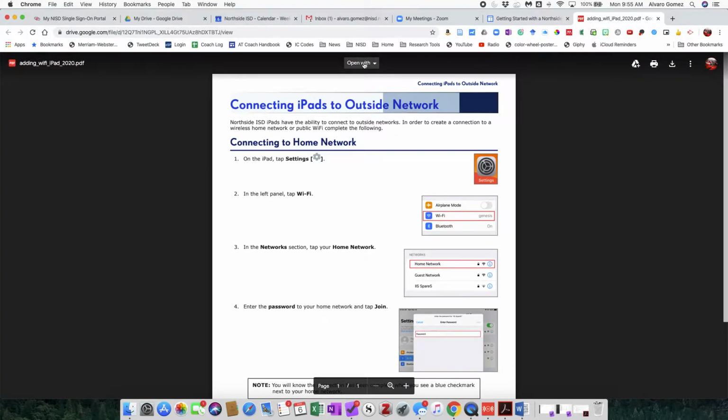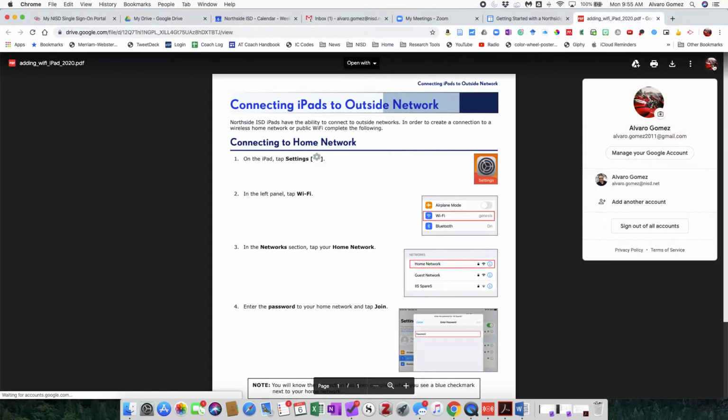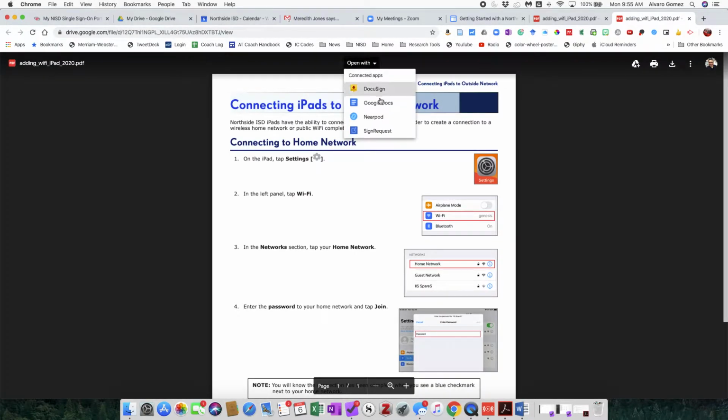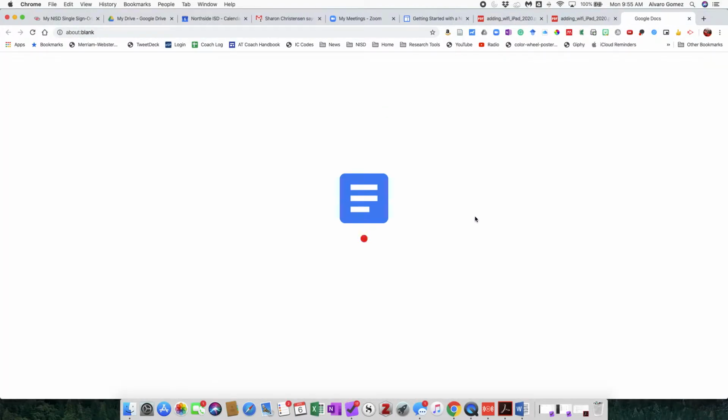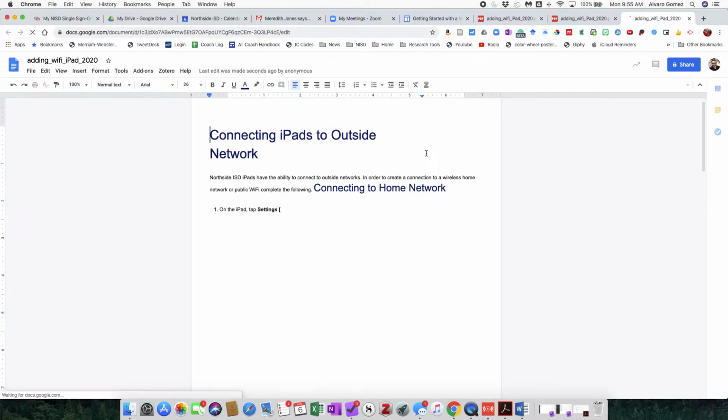So from here, what I could actually do is I can click on this and then I can open it directly with Google Docs. But let me show you what it does. So if I open it in Google Docs, actually let me change this to my Northside account. So if I open this with my Google Docs, because that PDF does have a lot of images, the images get deleted and it only ends up with the text. So this looks very different from